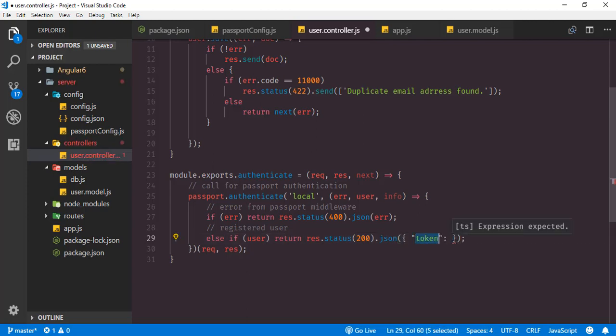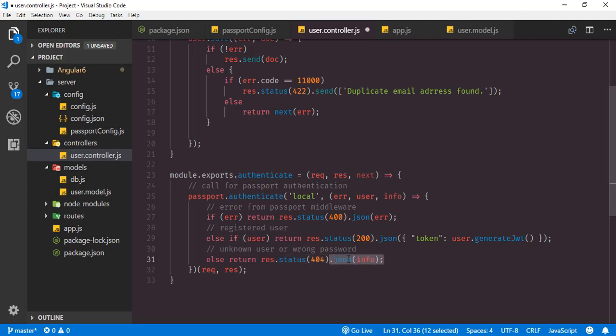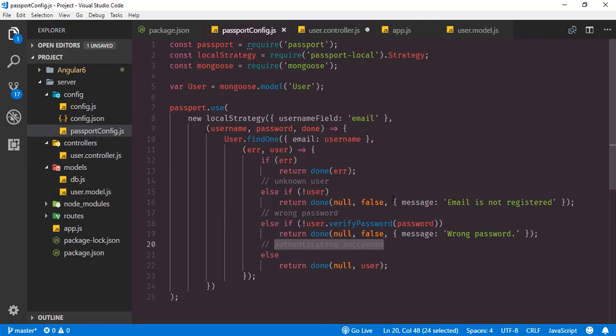Now we have to generate a JWT token that we can return from this function generate JWT from this user schema function. We have not yet created this function. We will do that in a bit. Now we have the final else block. Inside that we will handle unknown user case and wrong password. So here is the else block, and we will return the response with status code 404, and here we have the JSON response. Inside that we will send the info, that means this third parameter here, this message will be